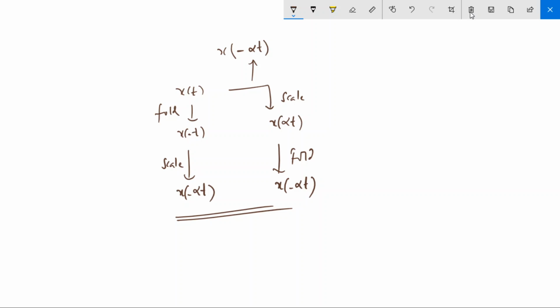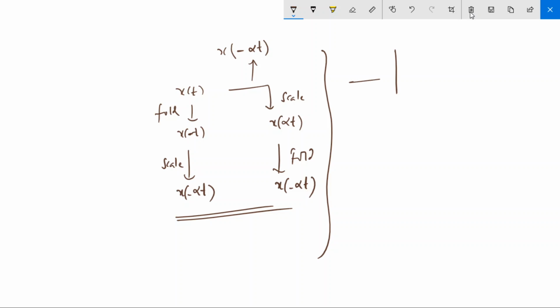So in this case there is no change, whether you scale it, fold it, or you fold it then scale it, the output is going to be same. Okay, because there is no shift operation. So in this case, there is no problem which you got earlier, the minus sign, which can create some issues. Okay,